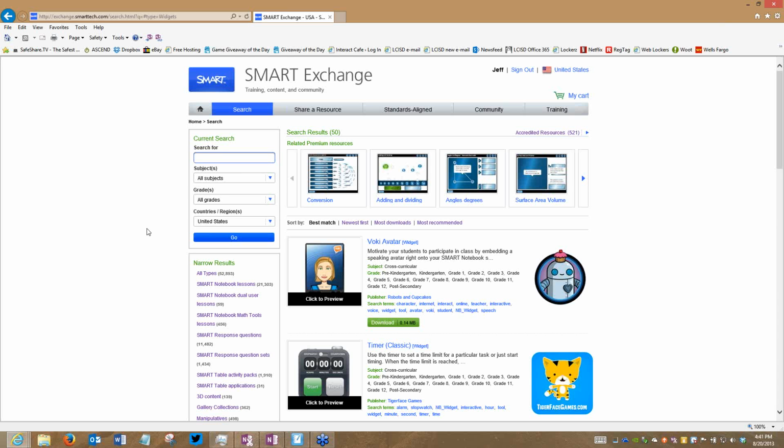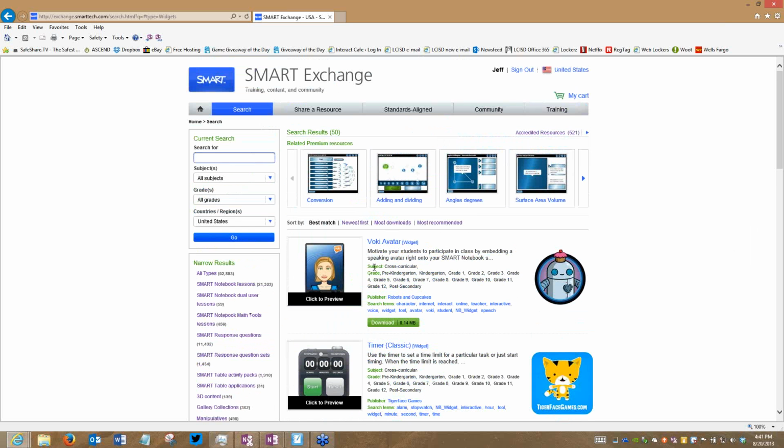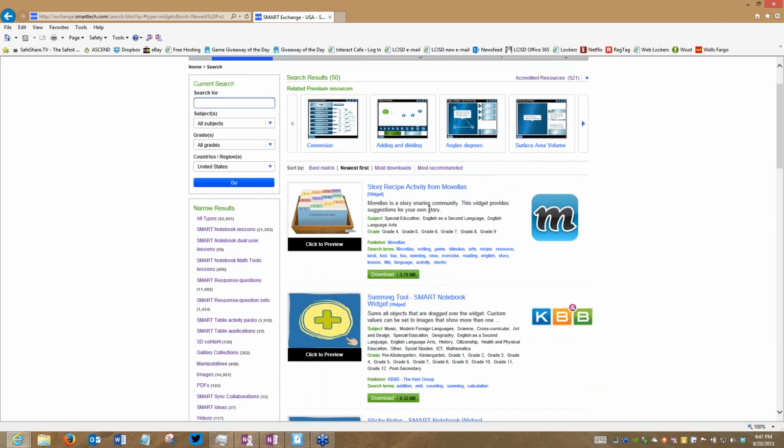When you do the search, it is going to pull them up, and the very first one it shows on here is the Mochi Widget. The Mochi Widget was actually one of the original widgets for the Smart Notebook. Very cool widget. You can do a lot with it. But where I get curious is I want to know what's new. So one of my favorite searches, because I've worked a lot with the older widgets, is to click on the newest first. This is going to sort them, rearrange the order, and show me some of the latest and greatest widgets. A lot of these widgets that are here, I actually have built into the notebook file that you would have downloaded prior, and I will touch base with as many of those widgets as I possibly can.